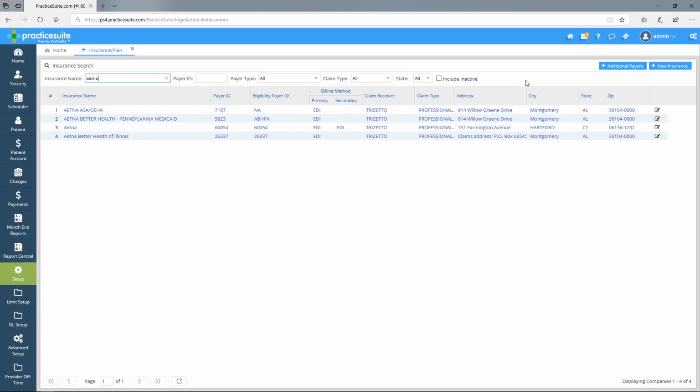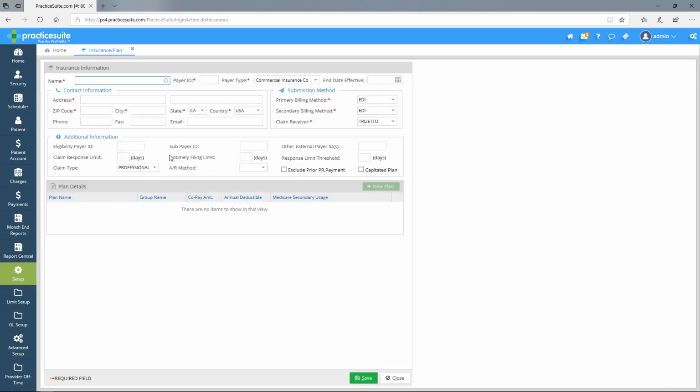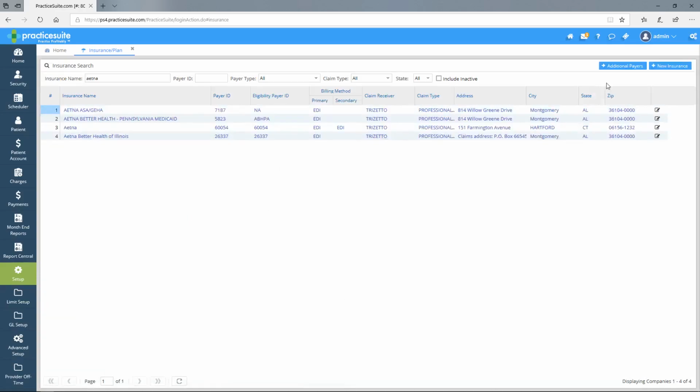Now, when you're adding a new insurance, I would always recommend that you add it using the add additional payers option. You can always hit the new insurance and add a new insurance from the blank insurance screen, which means that you would have to enter all the insurance details. When you use the add additional payers option,